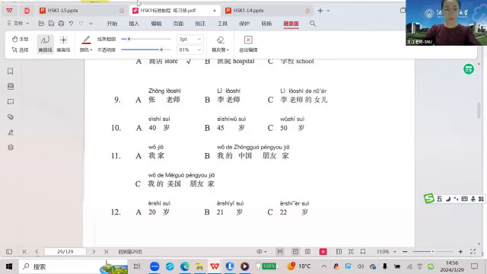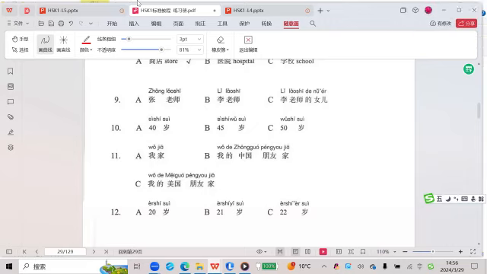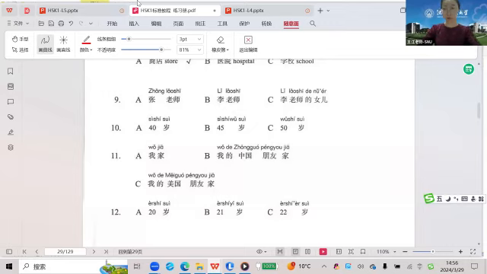11. 他是我的中国朋友，他家有3口人。谁家有3口人？12. 他叫大卫，他是美国学生，他今年22岁。大卫今年多大？